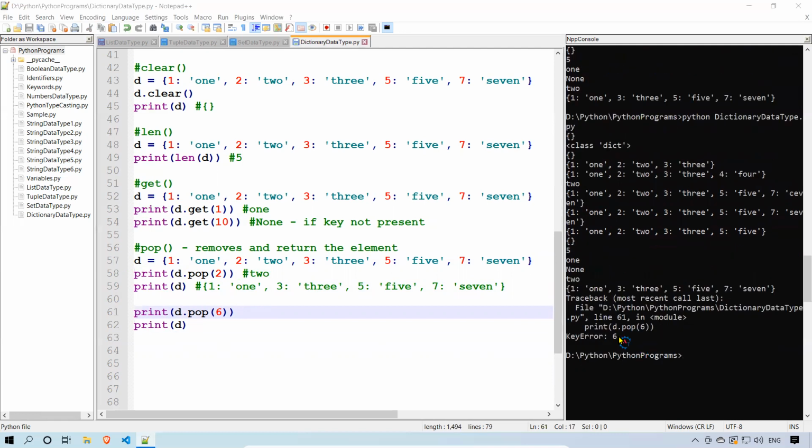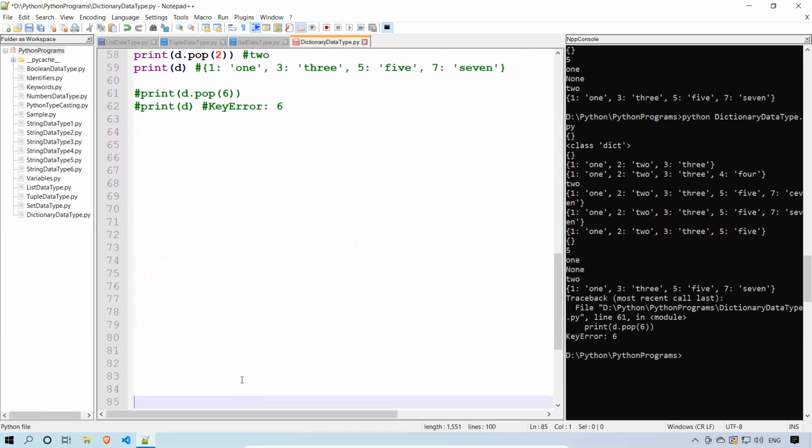You see that key error 6. You cannot perform pop on a key which is not there. So this is pop. It will remove and return that element.